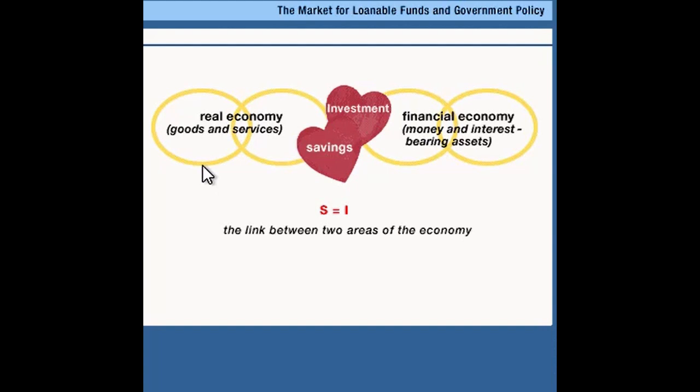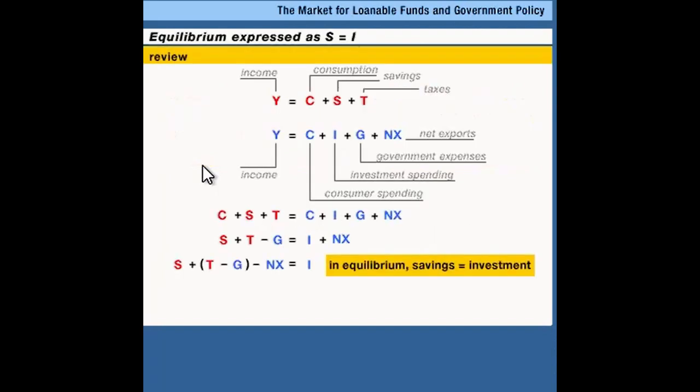Here's income and all of its uses. Here's aggregate expenditure adding up to income. Set income equal to income, do that algebra again, and you come up with this remarkable key equation, equilibrium expressed as the equality of investment and savings. Now, we've already talked about this side of the equation, that is investment spending, because when businesses are building factories, they're borrowing money, and the amount of money that they borrow depends to a large degree on the interest rate,